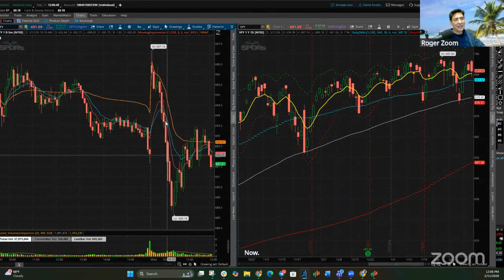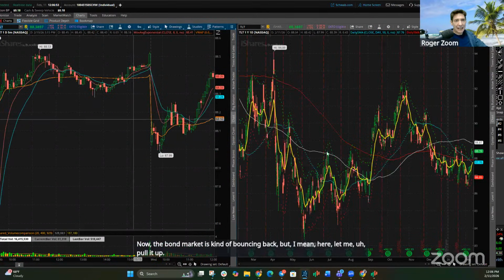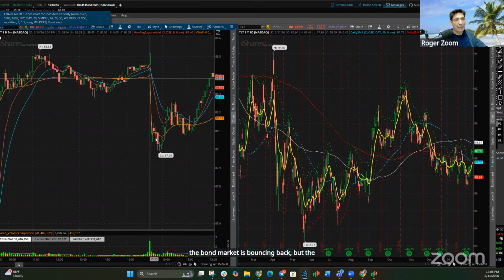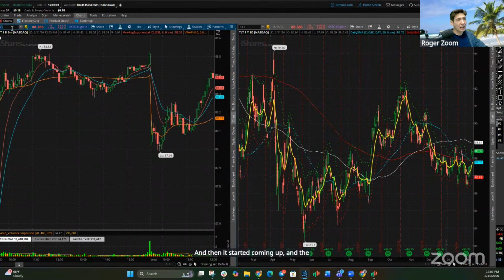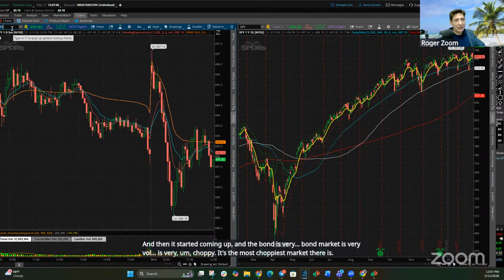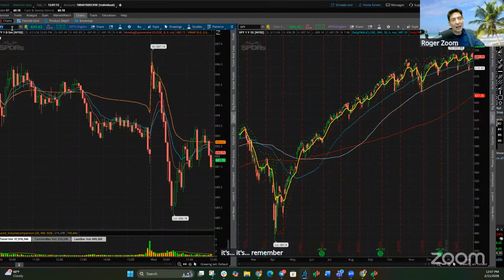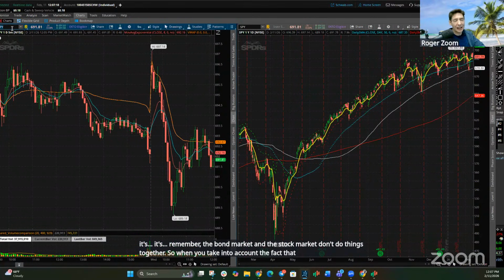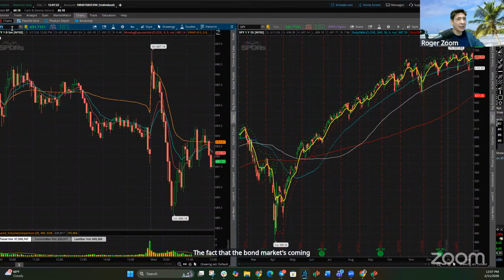Now the bond market is kind of bouncing back, but here, let me pull it up. The bond market gapped down at the open today, and then it started coming up. The bond market is very choppy. It's the choppiest market there is, for obvious reasons, because bonds are so efficient. But remember, the bond market and the stock market don't do things together. So when you take into account the fact that these numbers are delayed and they may not be meaningful, the fact that the bond market's coming down, on a daily basis here,